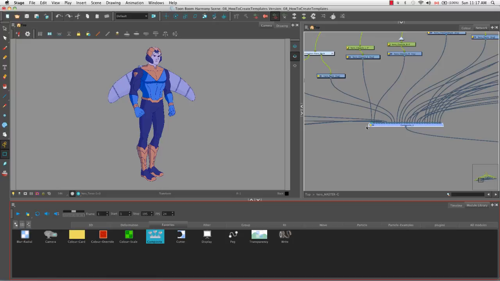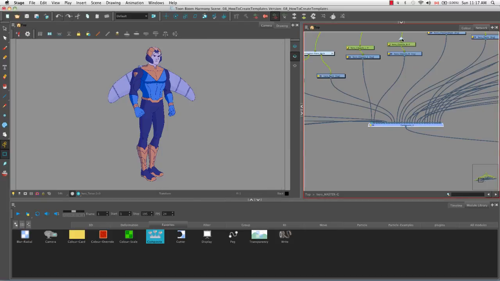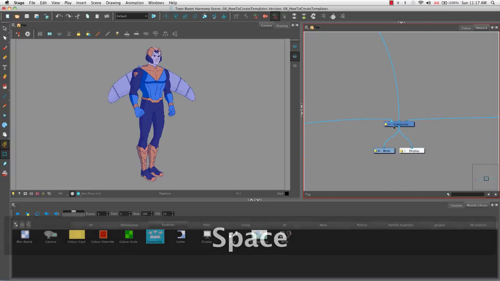And you can see that the shape of this composite is different from that of the scenes, and that's because this one, if you recall, is pass-through. So if we click on the yellow box again to bring up the layer properties, we'll see that the mode is pass-through. And what that means if we exit the group is that all of these layers will remain as unflattened layers, whereas our main composite